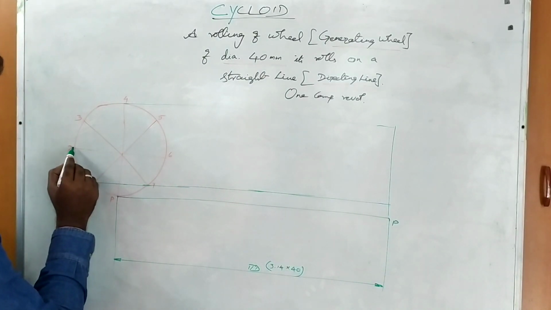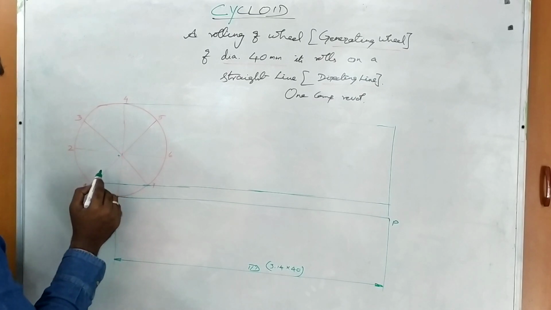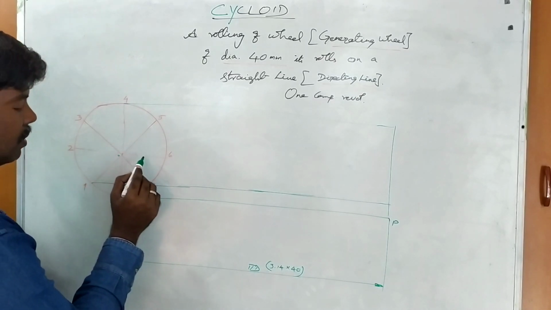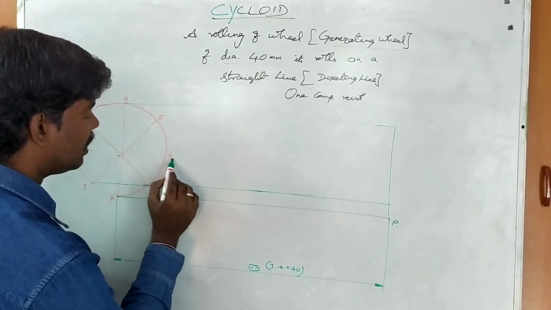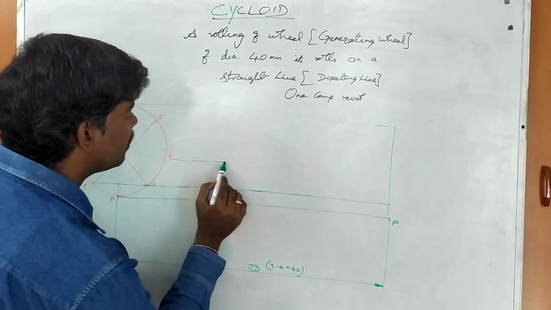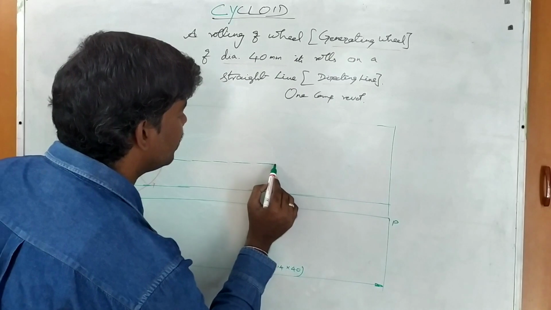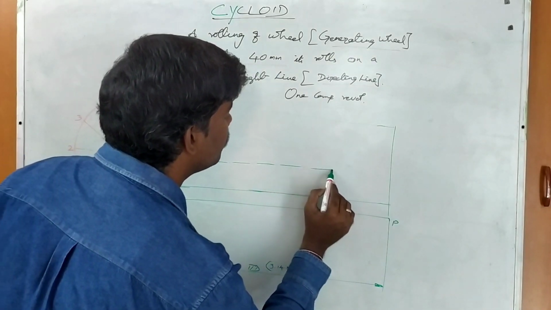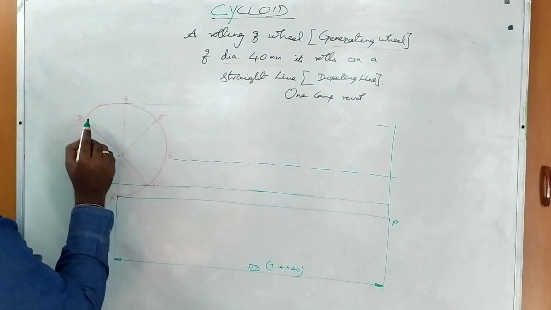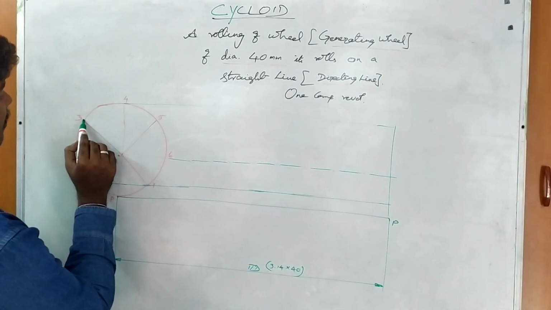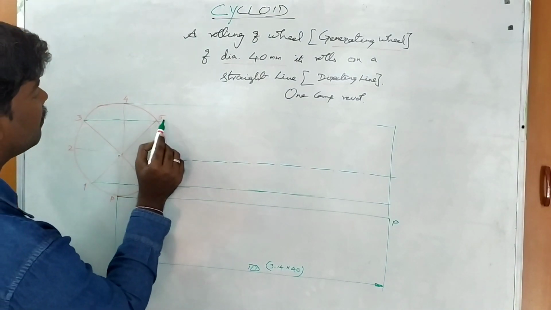Next, from 2, and the center point also is there. So 2, O, 6, the center point also coincides. Therefore, let us assume the projection line you consider, instead of this thin continuous line, you put a center line method. Next, from 3 you draw the projection line, definitely passing through number 5.